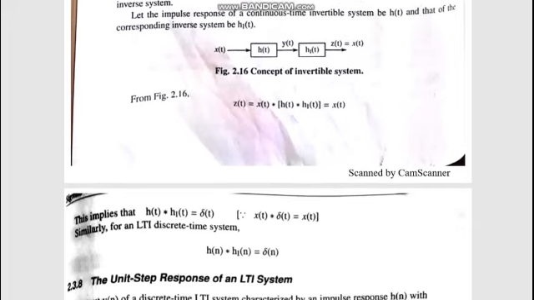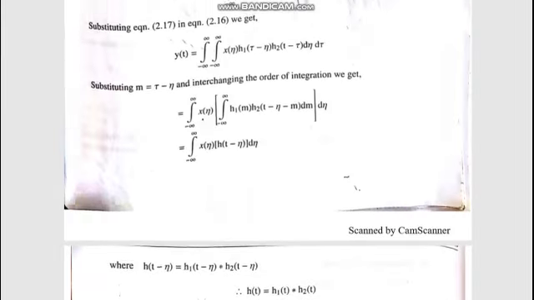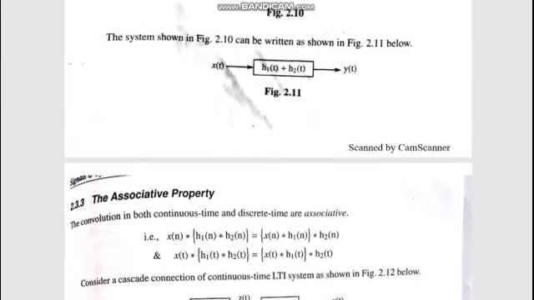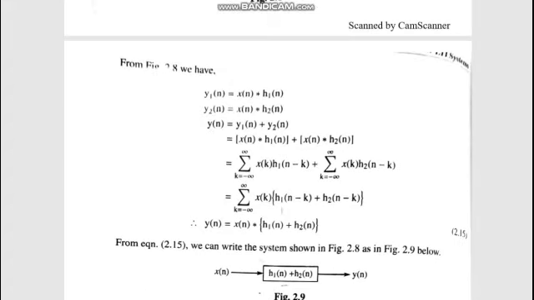So these are all the properties for module 3, which are very important. Definitely they will ask one question from this particular topic. In the next class we will see the problems based on this.